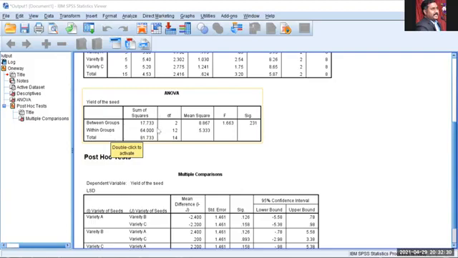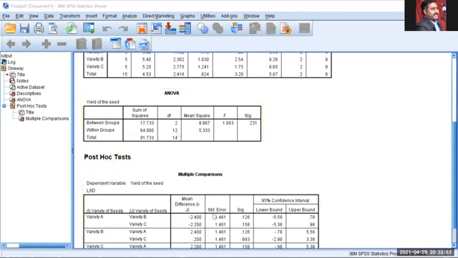If you want to find the mean square, take 17.733 and divide by the degree of freedom 2, and you will get 8.867. Sum of squares divided by degrees of freedom gives the mean square. Similarly, the sum of squares within the group, 64, divided by degrees of freedom 12, gives this mean square.